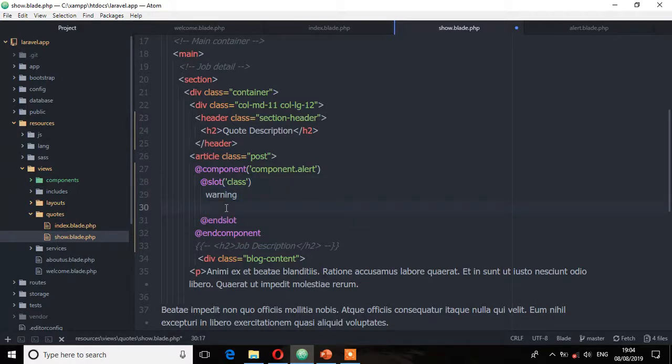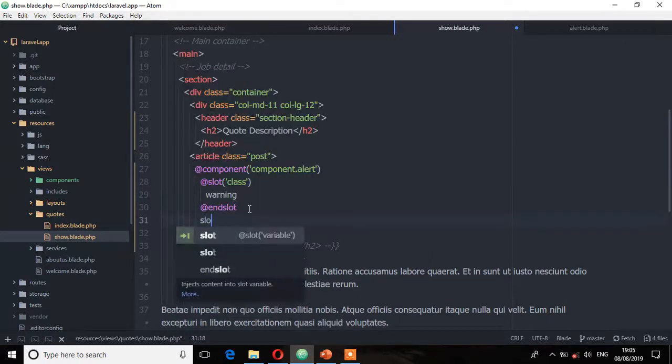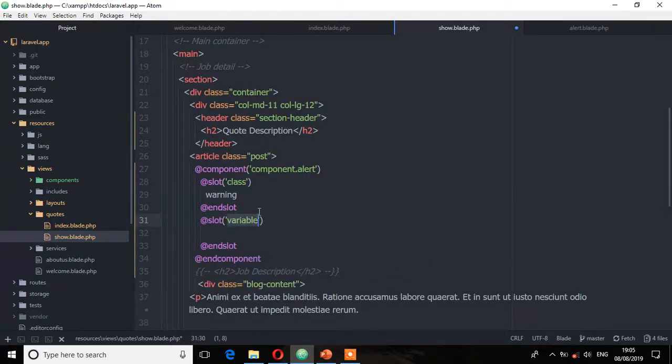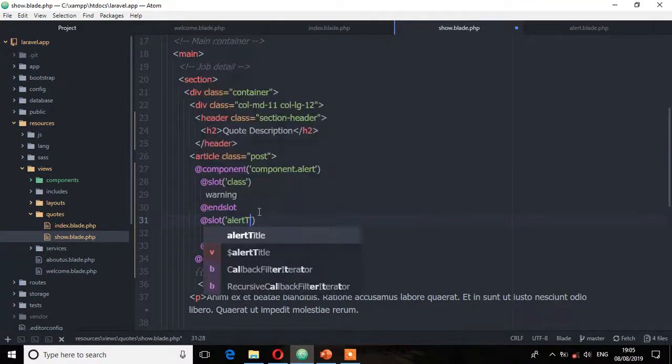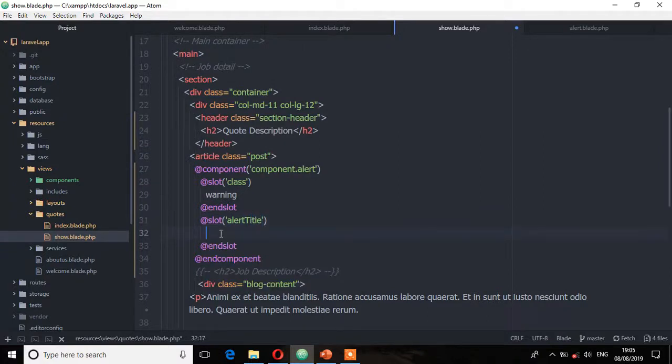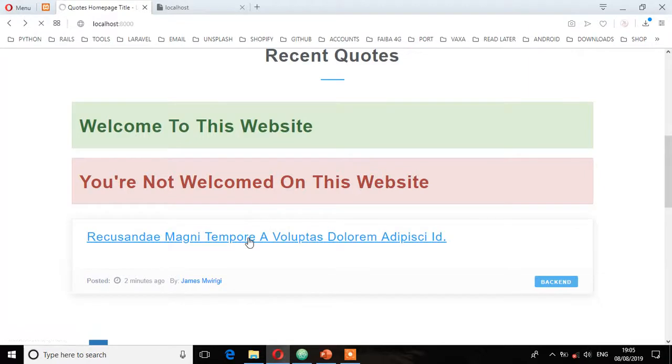Then we need another slot, and this one will be alert title. The message will be no post to display, or no quotes to display at this time. Save. Let's see from the browser, go to that view, that is the show page,